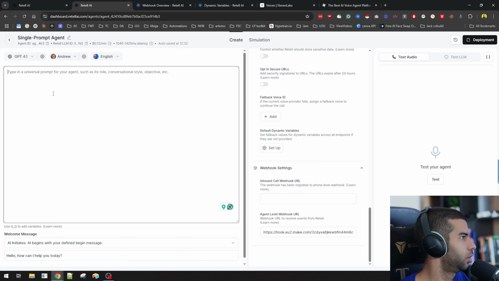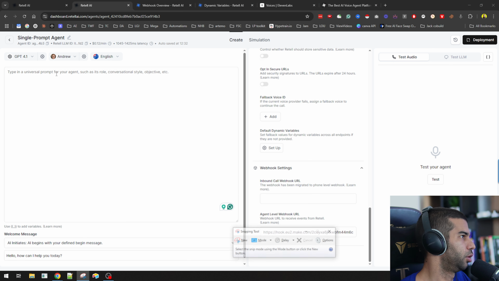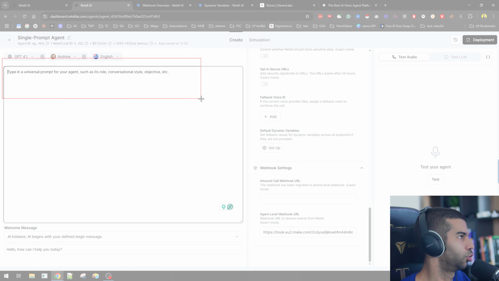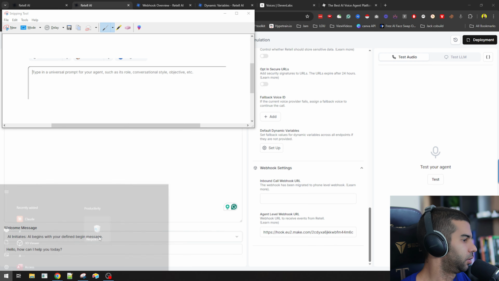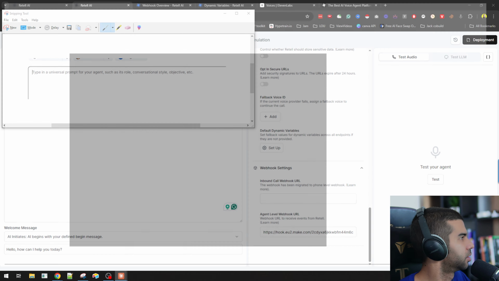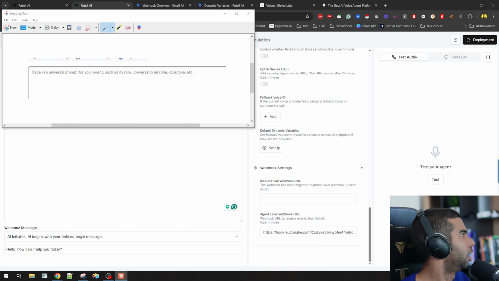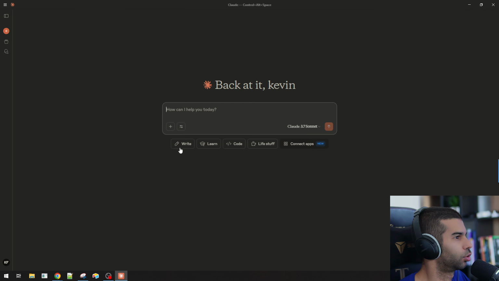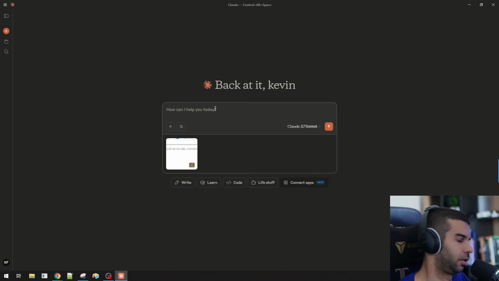What I'm going to do here is add the prompt for the agent, which will have the role, the conversational style, the objective, and so on and so forth. So what I'm going to do is grab this. I'm going to copy that so it will serve as something I will use. And if I go to Claude, I'm going to paste that in there. And I'm going to say,